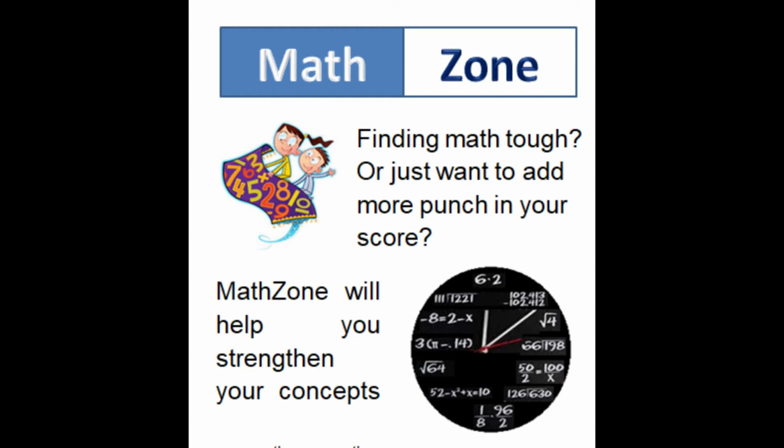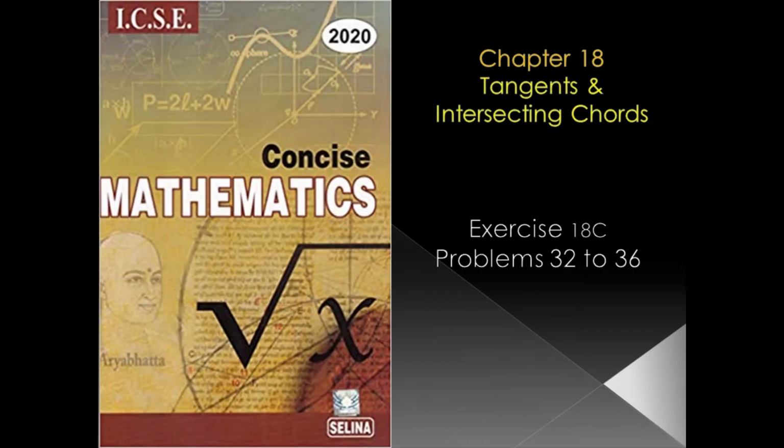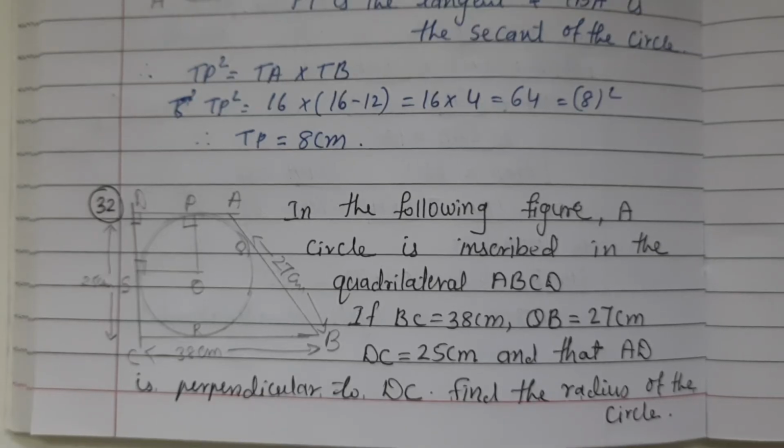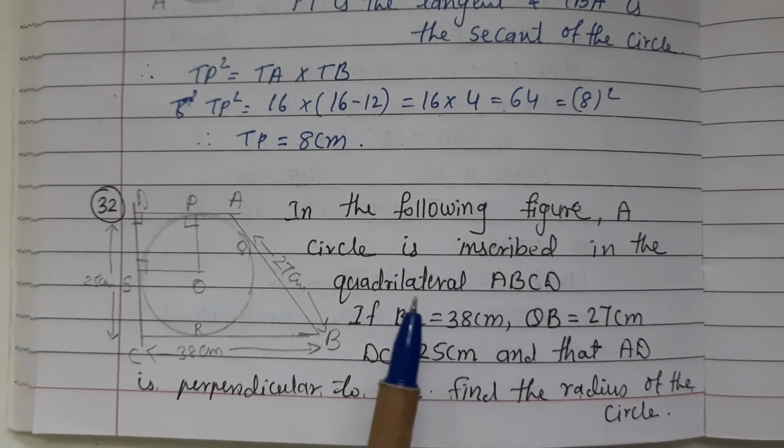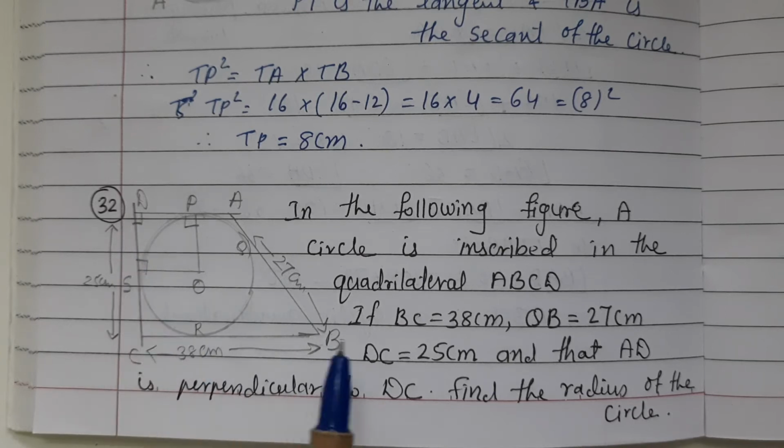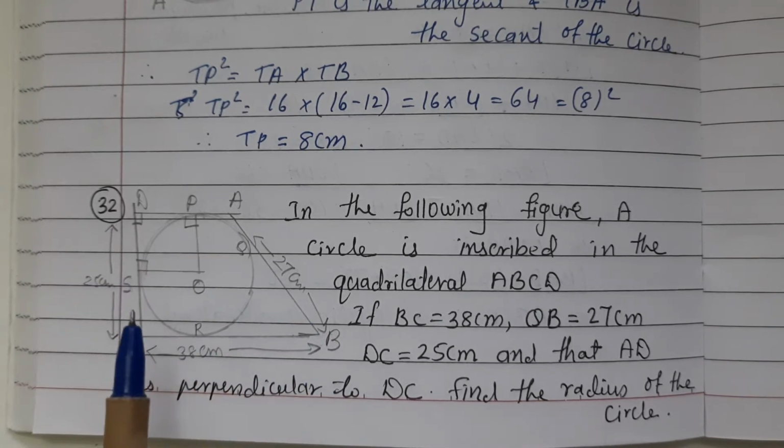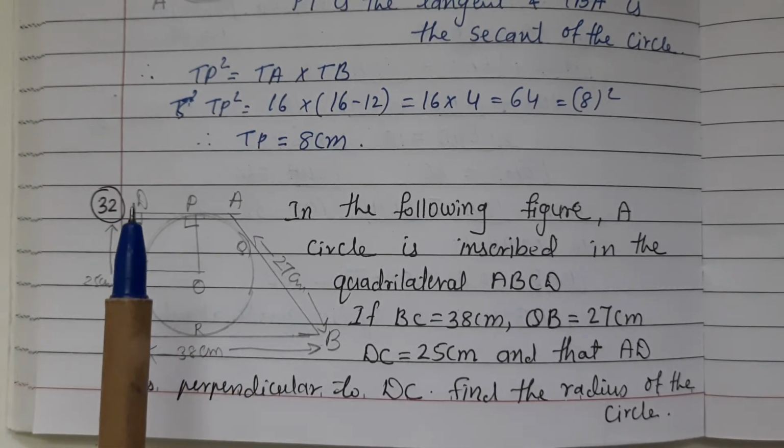Selina, Class 10, Chapter 18, Tangents and Intersecting Chords. Sum number 32. In the following figure, a circle is inscribed in a quadrilateral ABCD. If BC is 38 centimeter, QB is 27 centimeter, DC is 25 centimeter, and AD is perpendicular to DC, find the radius